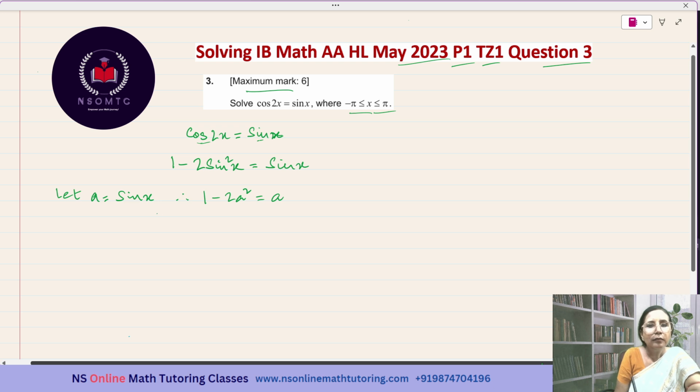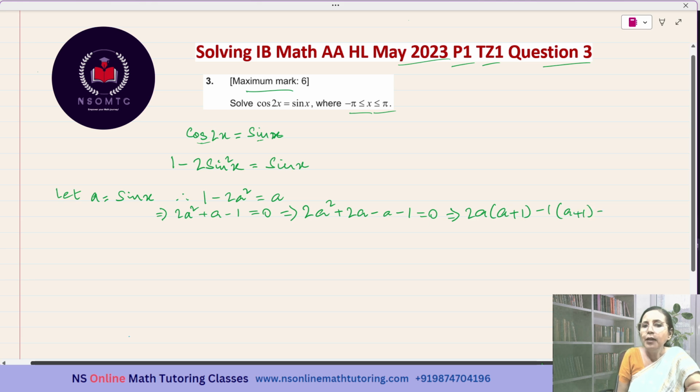Okay, or 2a squared plus a minus 1 is equal to 0. Okay, so factorizing it, we get 2a squared plus 2a minus a minus 1 is equal to 0. And this is 2a, a plus 1 and minus 1, a plus 1 is equal to 0. So this gives us 2a minus 1 and a plus 1